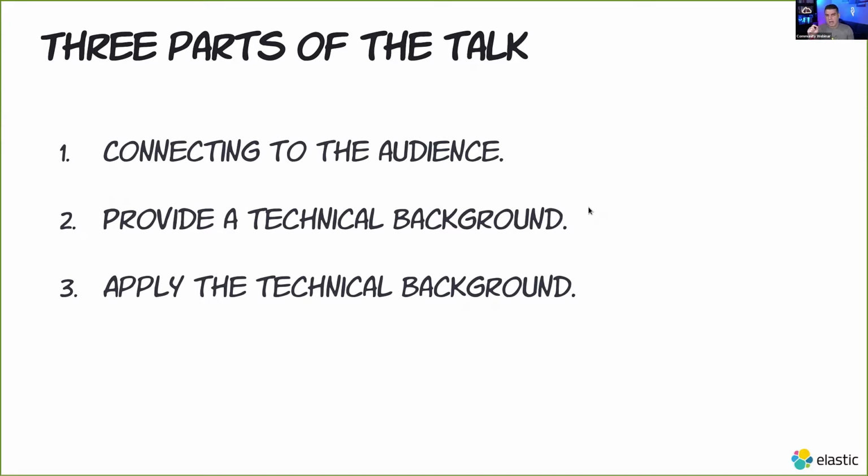There is a very blurred line that connects the first part and the second part, connecting with the audience and providing technical background. What I mean by this is that conceptually, if there are 3 parts, you're going to create at least 3 paragraphs for your talk. They don't have to be very long, but at least 3 paragraphs. It wouldn't be wrong to create one single paragraph in which you still deliver the connection with the audience, but you also start discussing and providing the technical background. I've seen a lot of talks written like this, and it just works, because we're going to talk later about being consistent, right?